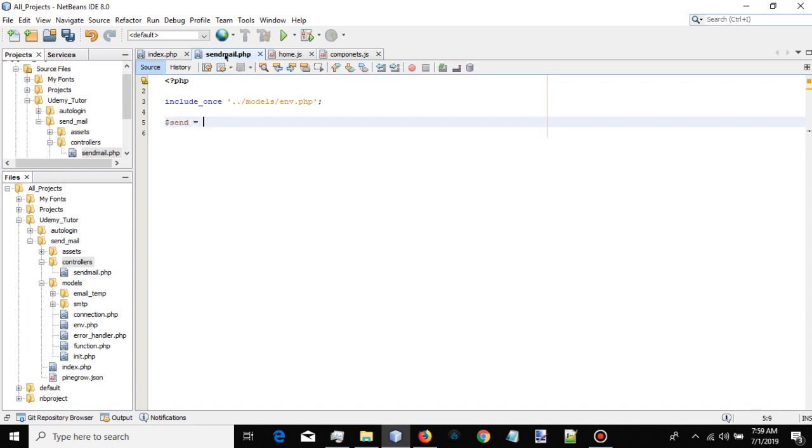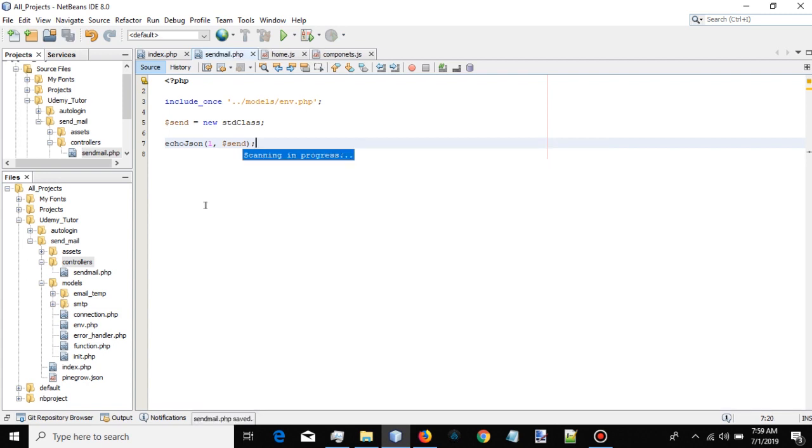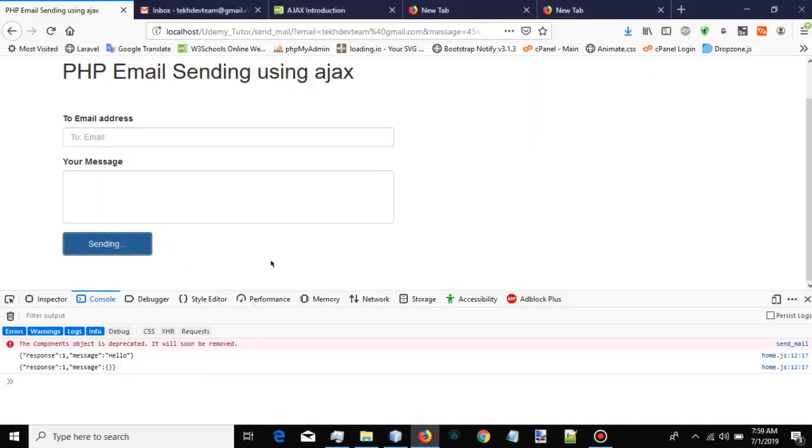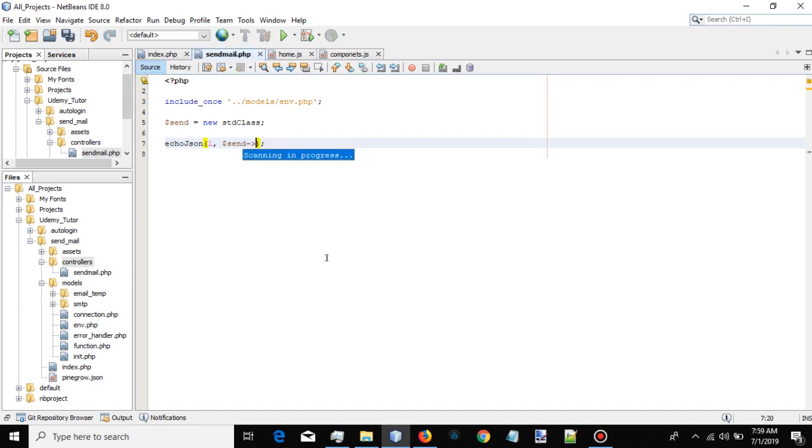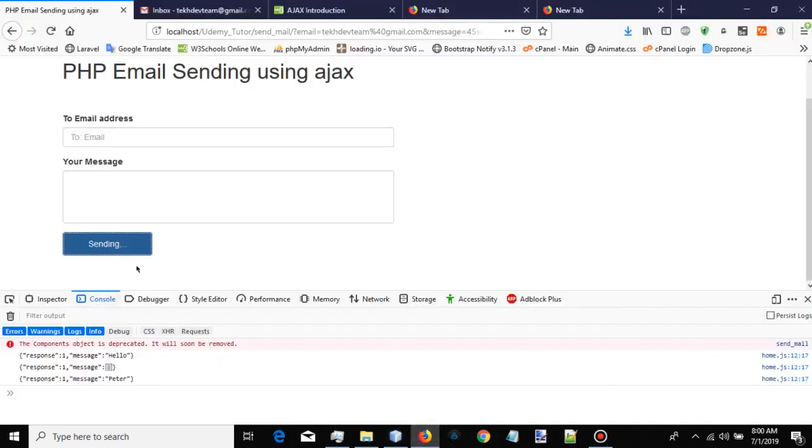I can say send is equal to new stdClass. Okay, this is a new object class. And then we can echo JSON, and I can say one and send. Okay, so if I click this, you see this is an object. And then we can say name equal to Peter, which is my name, and then click and you see